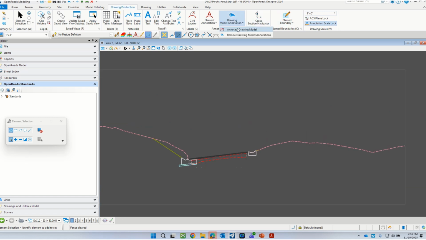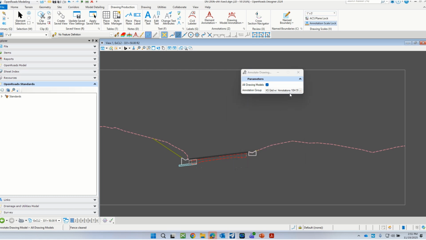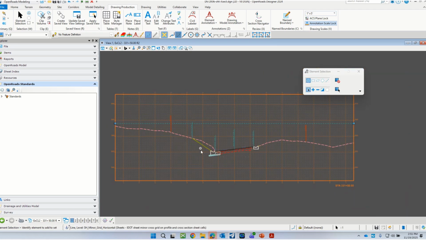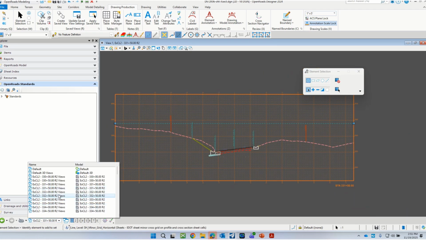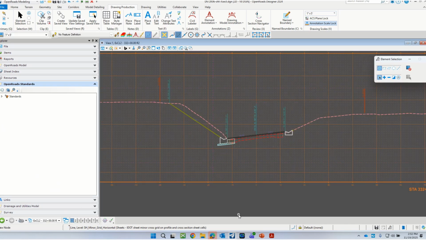And then I would go back and make sure that the correct annotation group is selected, which is this one here, grid with annotations 10 and 5. And then I would just click yes, and I accept, and this actually runs fairly quick these days. So yeah, it actually went into every one of these views, and you can see that it automatically